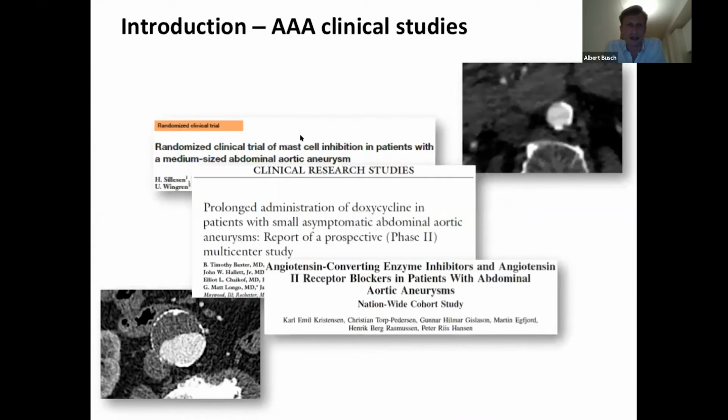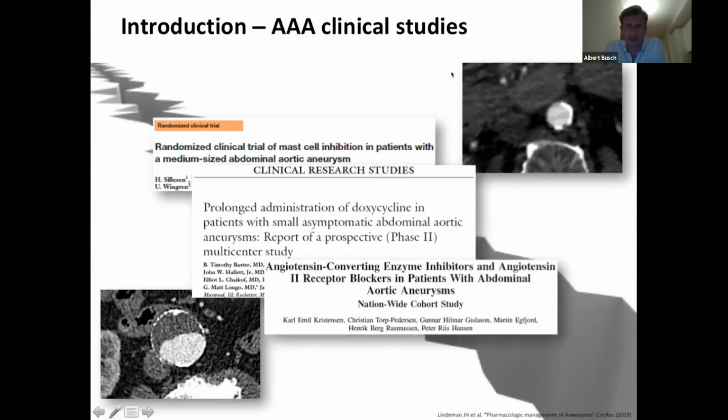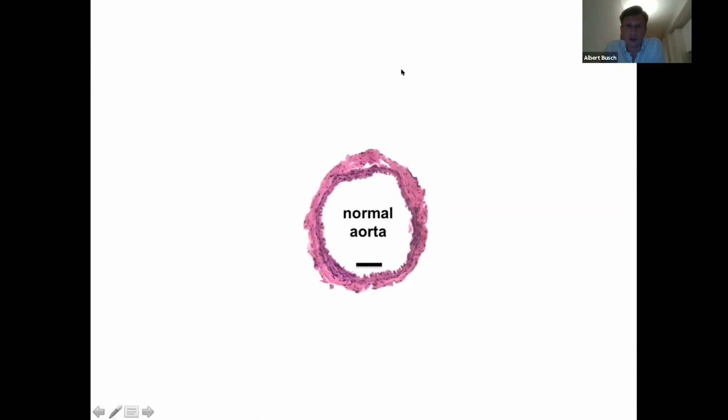So that's basically what we know from human disease, and this is of course trying to be mimicked within mice. And I guess you will all agree that we've seen a lot of good clinical studies, and maybe some of you have even been part of those studies. They've been reviewed a couple of times, but I guess we can all agree that there is a huge translational gap in those clinical studies, and actually taking what we know from basic science in the lab and then taking these substances to clinics. And we think that some of this might actually be due to the mouse models that are used here.